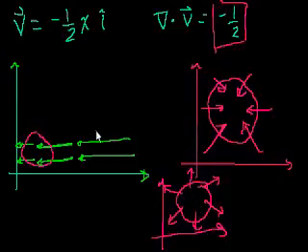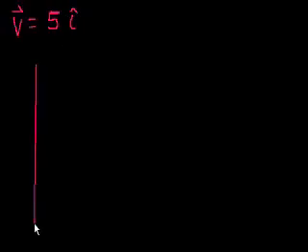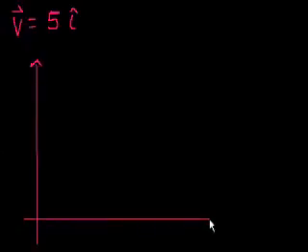Now what does it mean if we have a zero divergence? So let's try to create a vector field that has a zero divergence. So that means that the partial, and we'll just stay to one dimension just for the intuition, so that means that the partial derivative with respect to x is 0. So let's say my vector field is 5i. So the magnitude is always 5 in the i direction. So let me draw that. The vector field is always 5 in the i direction,